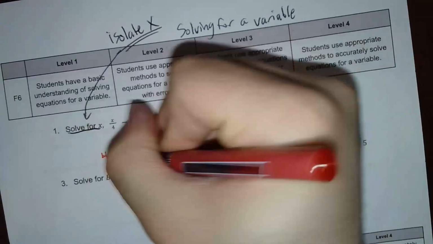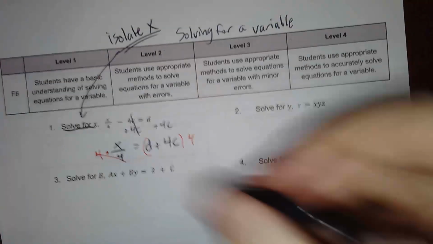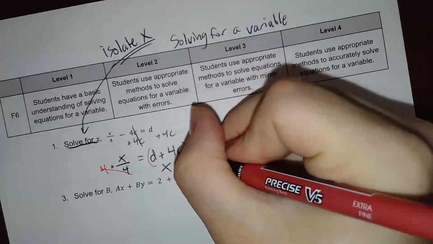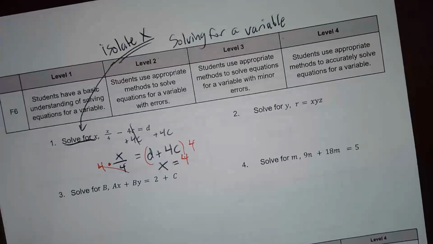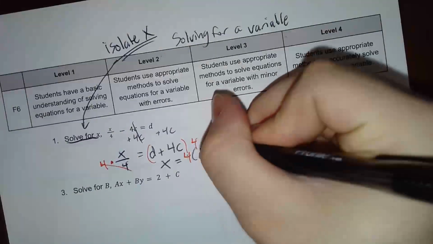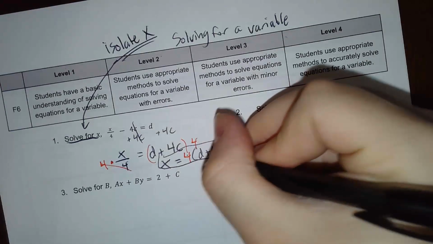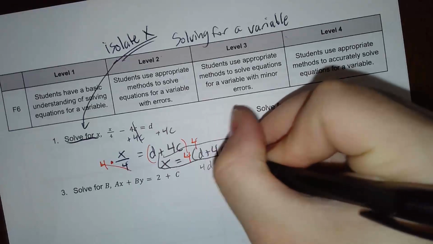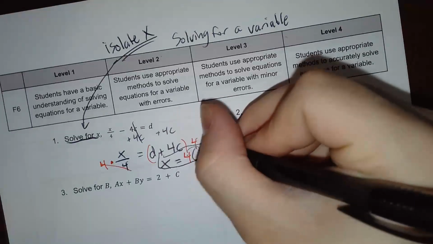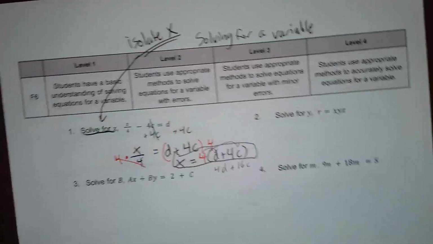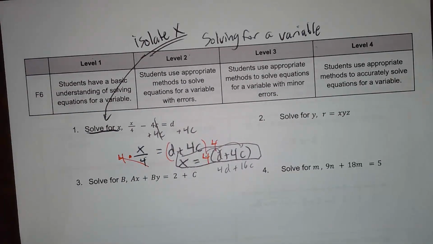So I'm going to multiply both sides by 4, giving me my answer of x equals 4 times d plus 4c. Now that is how I'd probably write my answer. You could also write your answer as 4d plus 16c if you distributed. But that is going to be a great way to write the answer, at least for standard F6,